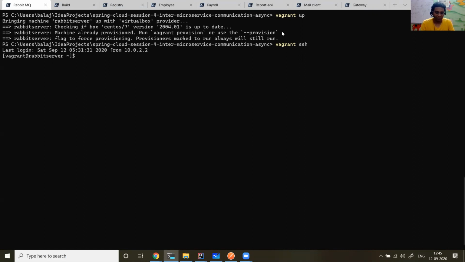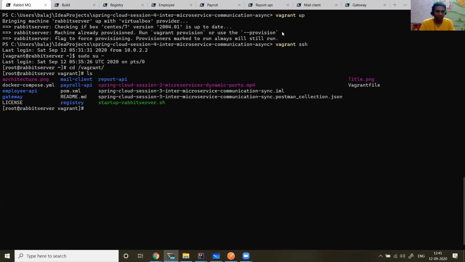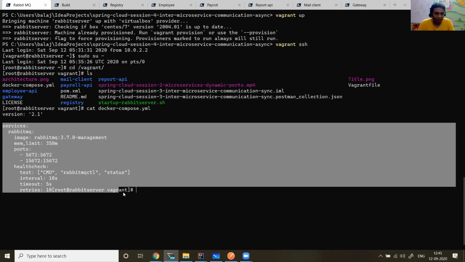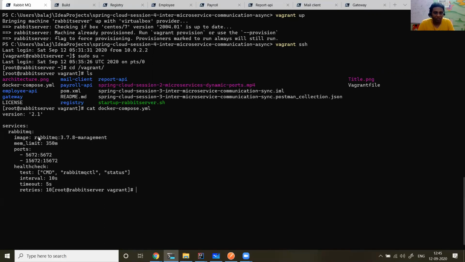So now I took a shell, then let me switch to root. Then let me go to one folder. You can see the entire source code here. The whole crux is in the Docker Compose file. This is a file which says what RabbitMQ should start, the Docker image. So we are saying to start the server and expose both these two ports. The simple way is to run docker-compose